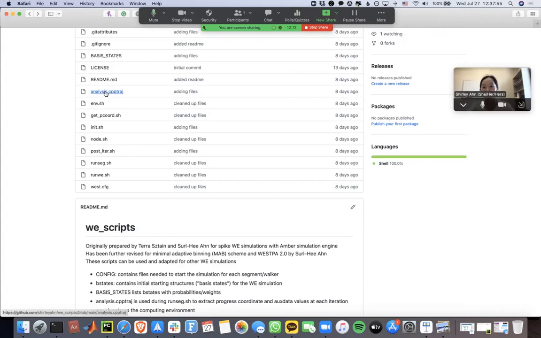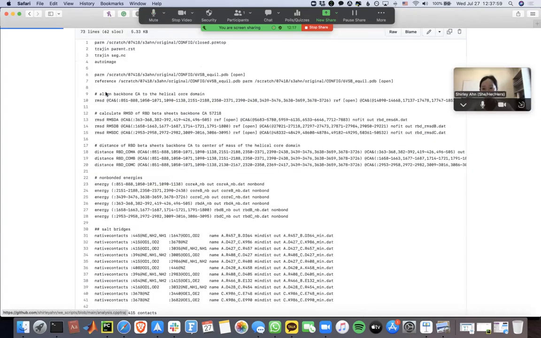And let's look at analysis.cpp-trash. This is the file that is used to obtain the progress coordinate values and auxiliary data. And this is specific for Amber again. Here you can see we have to read in the parameter topology file. And this is really important, we have to read in the parent RST, the previous